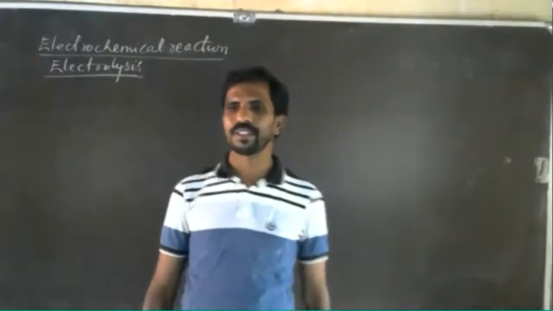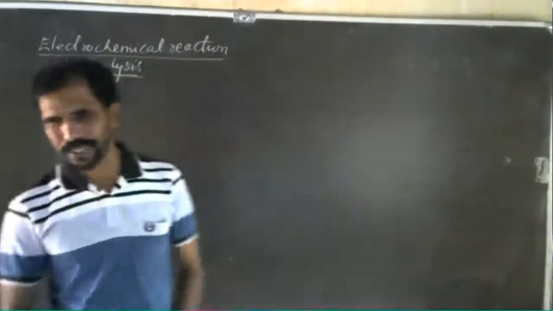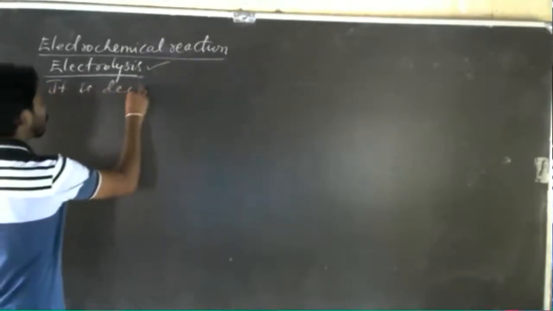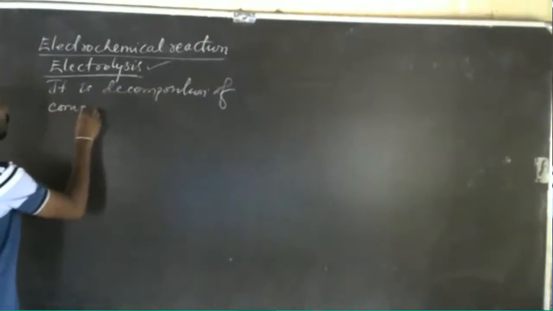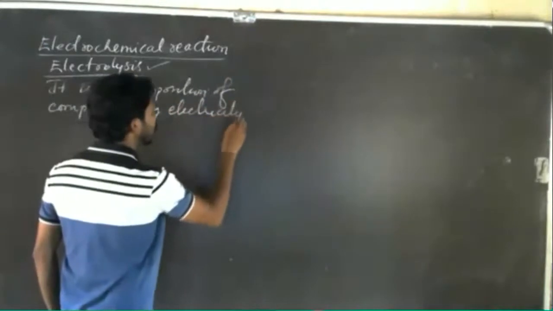So even in your textbook there is given the example of decomposition, electrolysis of water. Before knowing that, we'll go to what is electrolysis. It's the process of decomposition of a compound by using electricity in their aqueous state. Aqueous state, they have given.